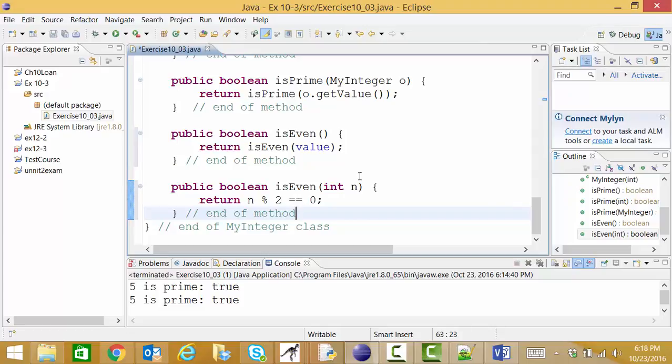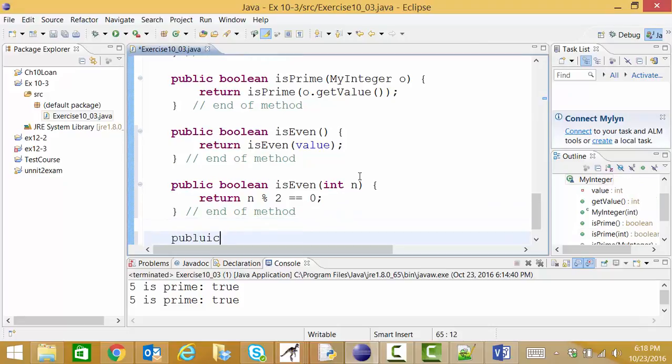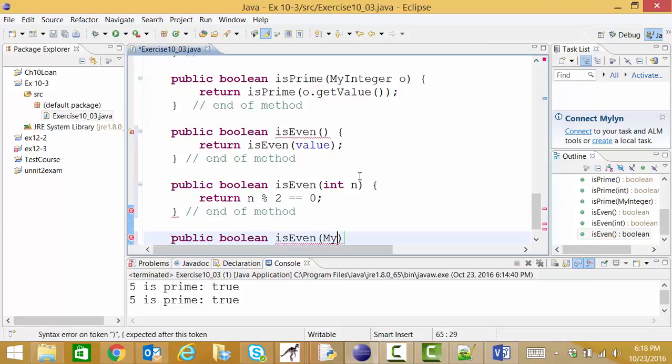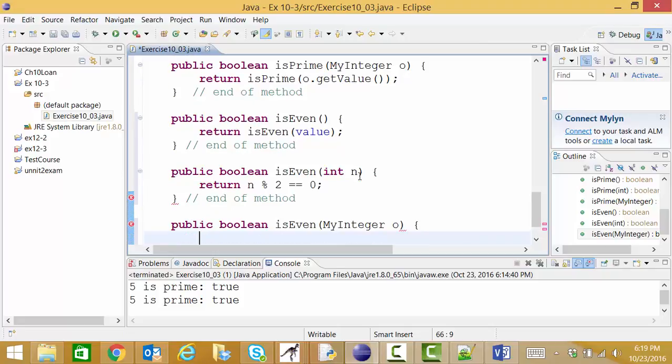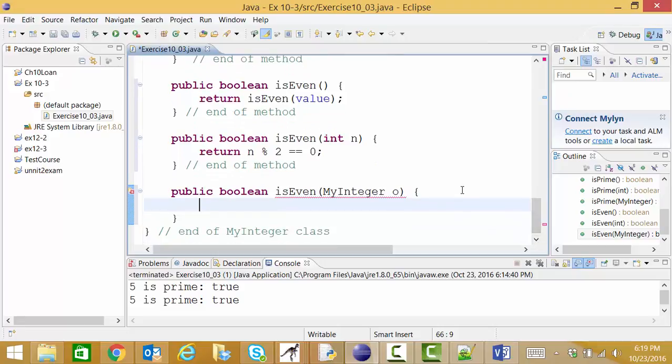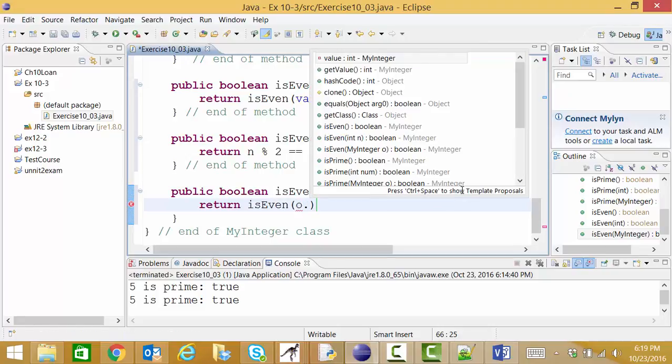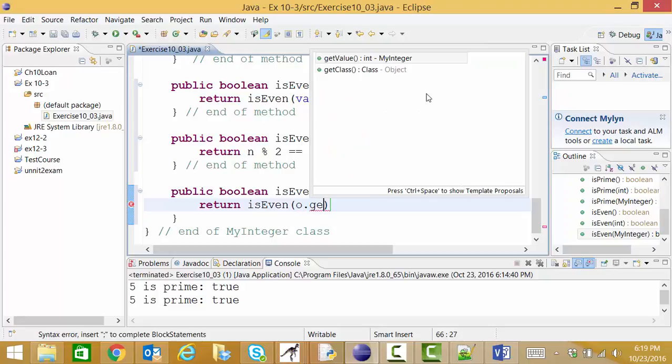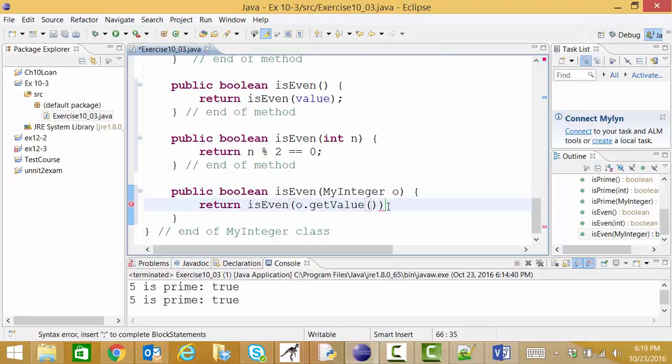Okay, I need one more isEven method. And this is the one that's going to expect our MyInteger object and refer to it as o. So you can see how we're going to do the same thing in this one. Now, when we have our object again, we have to use our getValue method to refer to that integer value. So we're going to return isEven, the instance of o, getValue, and now we're done with our